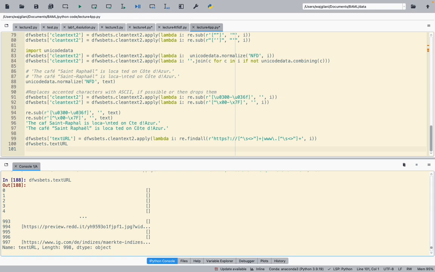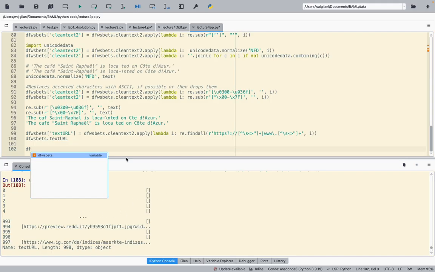And you know what? From here, I can actually break this down even further and see if there are any URLs that keep repeating. Hypothetically, let's say I have any URLs that are repeating. So I can actually do this. First, I want to filter this text URL column for only the ones where the lists aren't empty. So I'll use lambda to help me out here. So I'll do df wsbets dot text URL dot apply